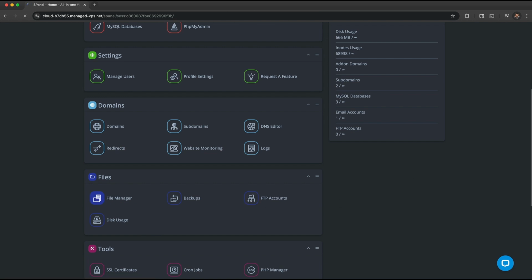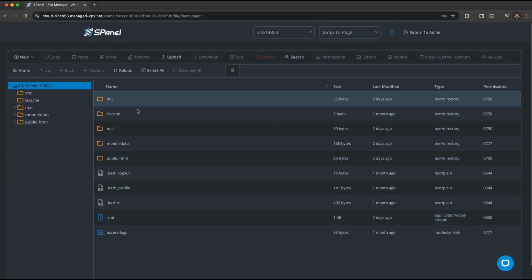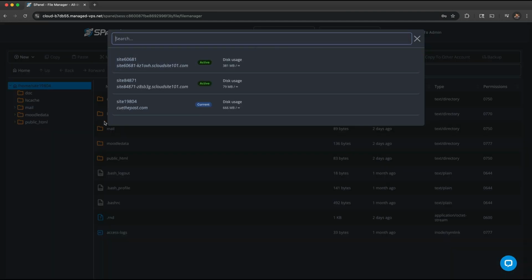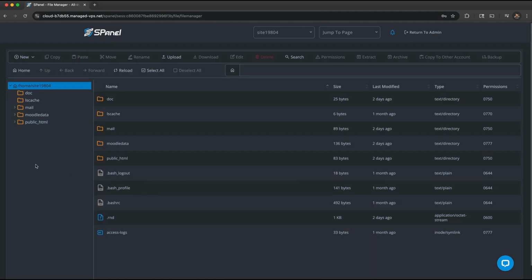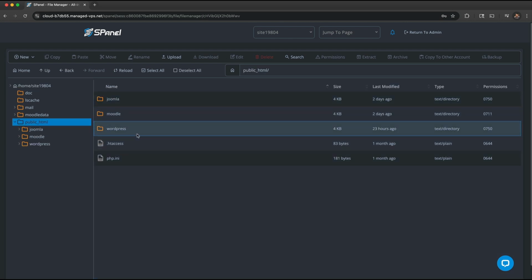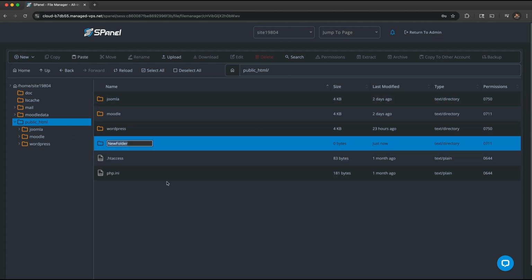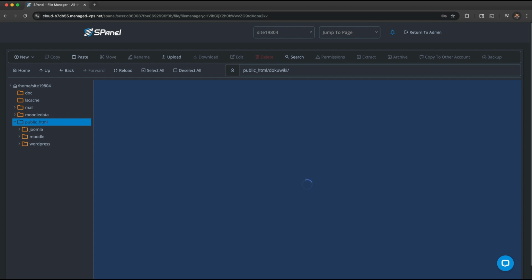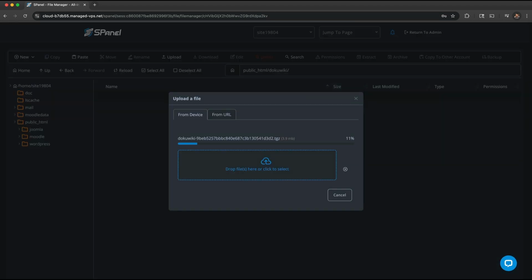So there's file manager right there. Now this is the directory structure for this account. I have several accounts here that are hosting different applications. This one right here, Cue the Past, is this directory structure. And if I go into public HTML, you can see that we have Joomla, Moodle, and WordPress all installed on this one account. So what I need to do is create a new folder. This new folder is going to be our DokuWiki folder,